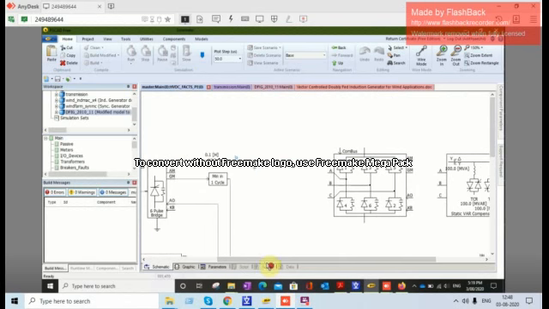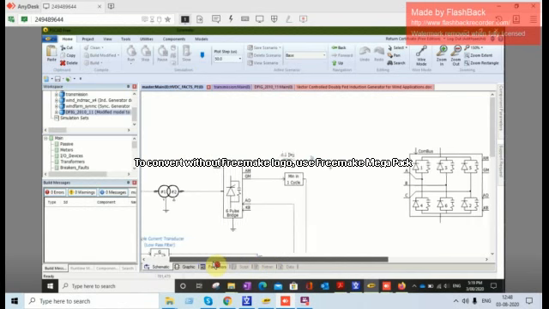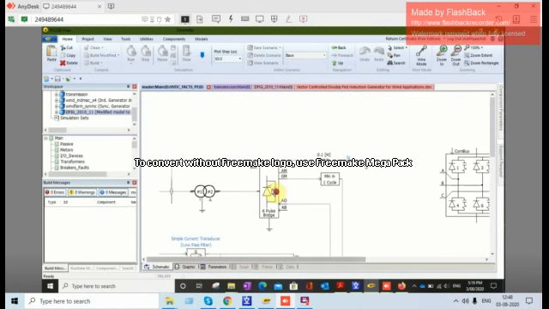See, what is the meaning of 6 pulse bridge? It is containing 6 switches. 4 pulse bridge you have designed, isn't it? Yes, sir. Last time.